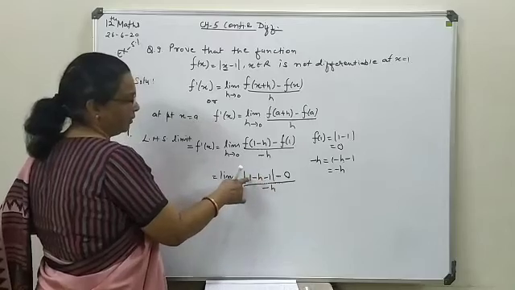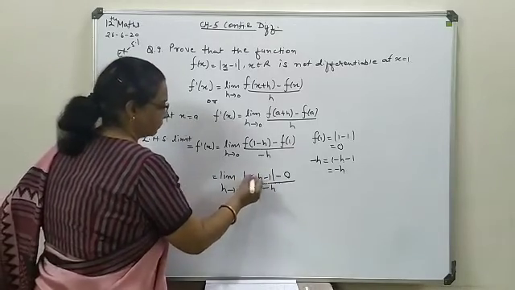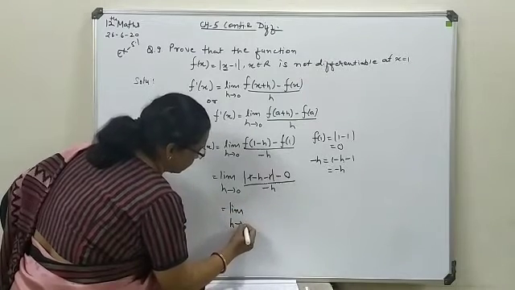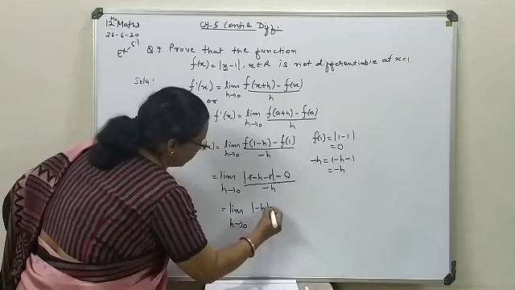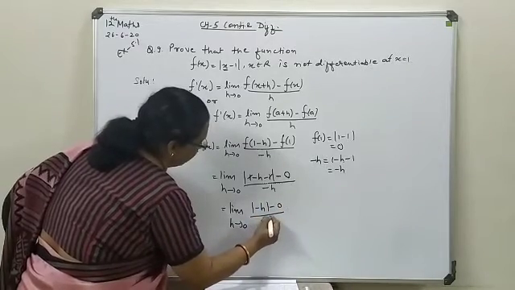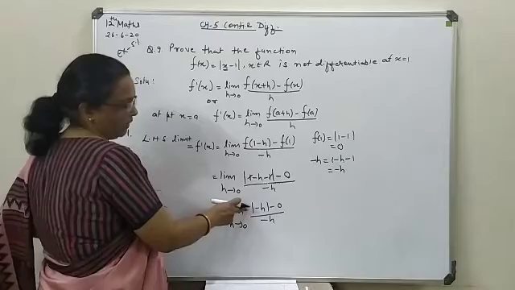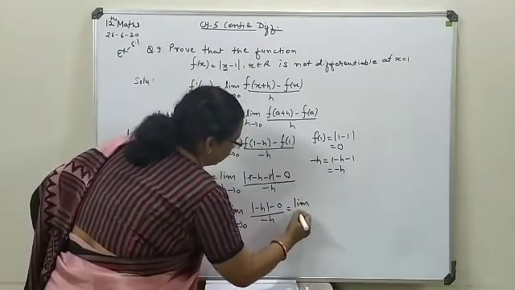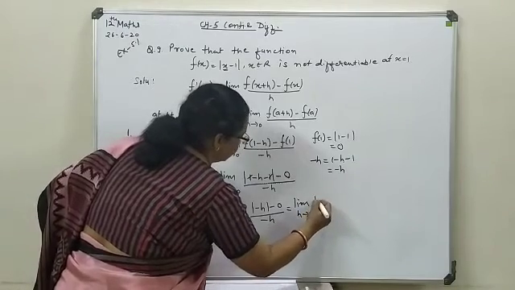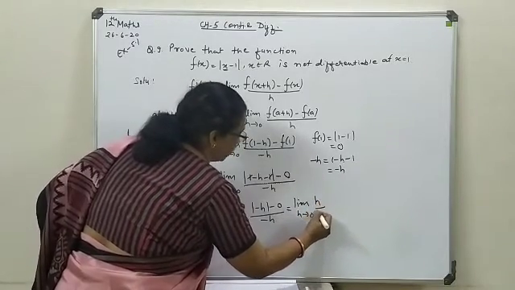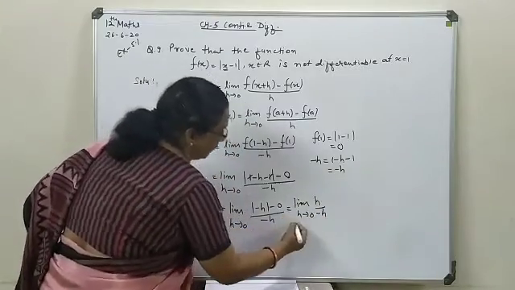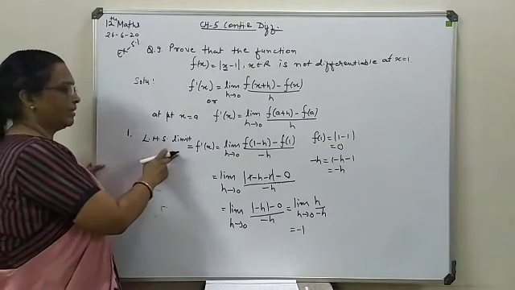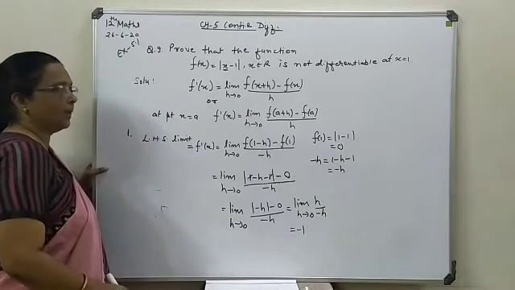Inside this modulus, 1 and minus 1 cancel. So the next step we will have limit h tends to 0 of modulus of minus h minus 0 upon minus h. Here, as this value is inside the modulus form, it will turn to a positive quantity on implementation of the modulus. 0 no need to write, and here it is minus h. So h will cancel, and finally you will be left with minus 1. So regarding the left limit solution, the answer we have is minus 1.